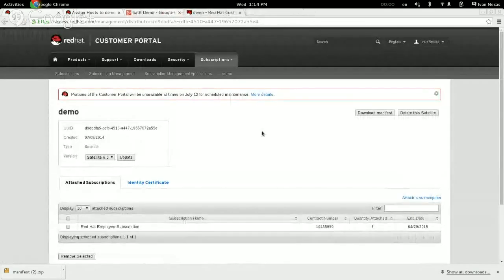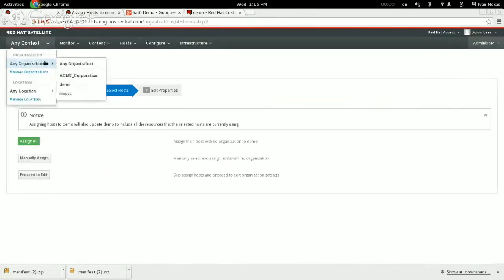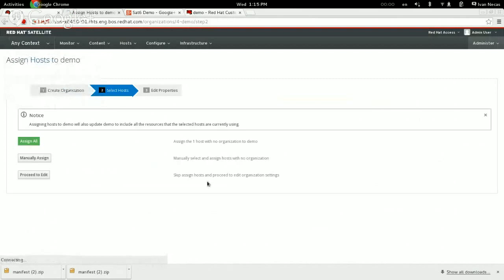Okay, so now the 5 employee subscriptions were attached to this application, and I can download the manifest to upload it back to my organization in the satellite. So I will just download that, and in the satellite I go to the demo organization,